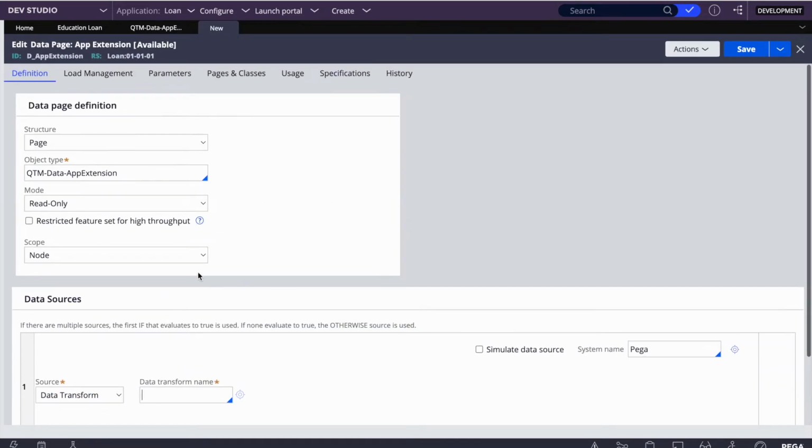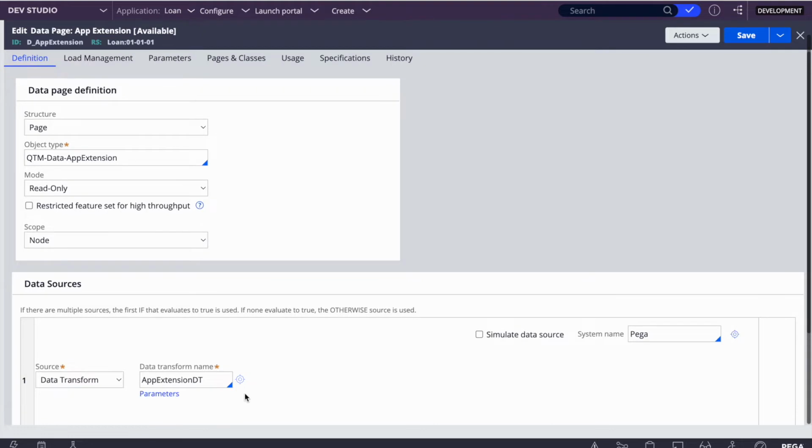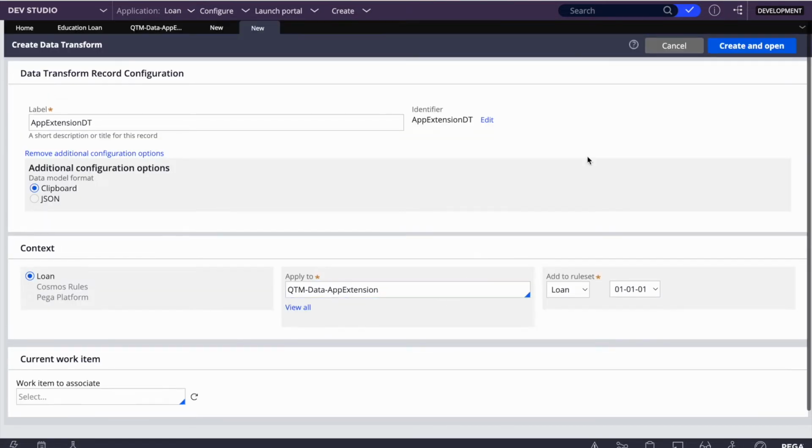So we can give app extension source, or we can give anything, whatever name you feel you can give. You can say app extension source, or DT, whatever you want, app extension DT. So let's create that, and then in the same class,